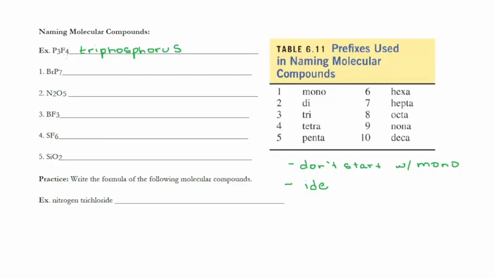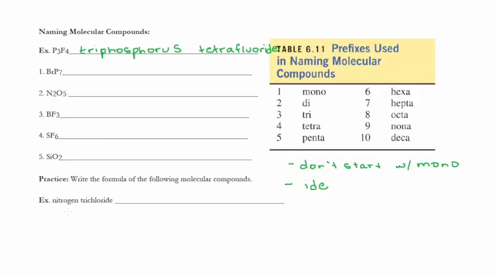And then I've got 4 fluorine, so it would be tetra. And instead of fluorine, I'm going to add an IDE ending, so it would be tetrafluoride. And that's it. Okay. Now, the reverse, if I have the name and I'm needing to write out the formula,